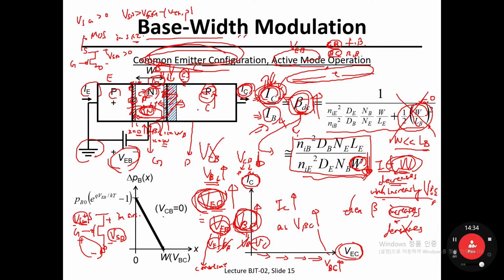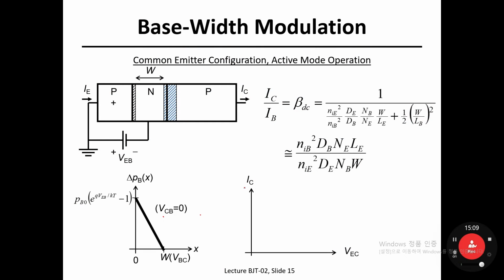Then since VBC, the base to collector junction voltage, increases, this NP, PN junction is under reverse bias, so the depletion layer expands, and the quasi-neutral region in the base is shortened. So W decreases. Then your I sub C, the collector or output current in this common emitter configuration, would increase. Okay, so let me erase my note to clearly show you how to get this IC